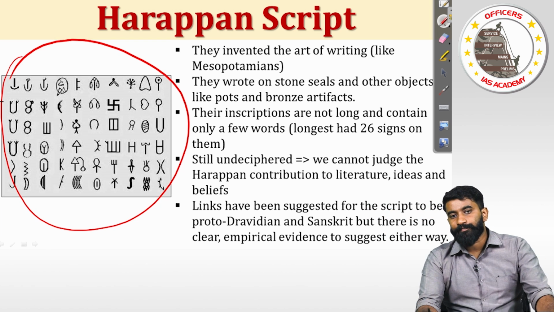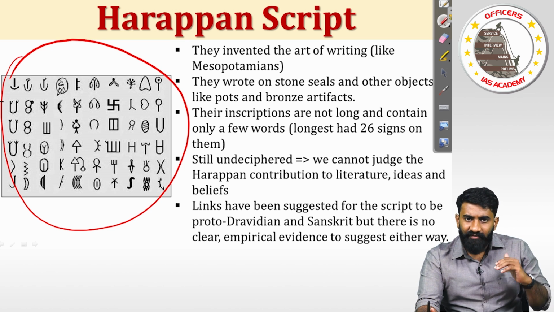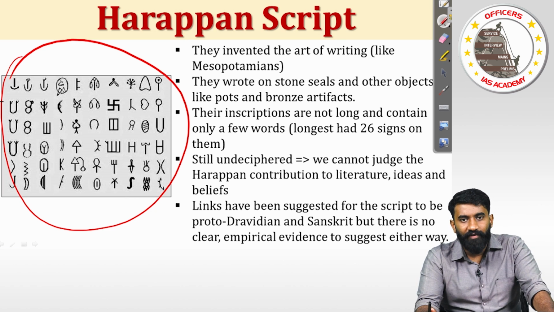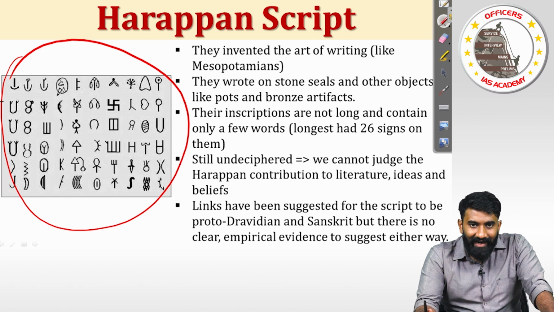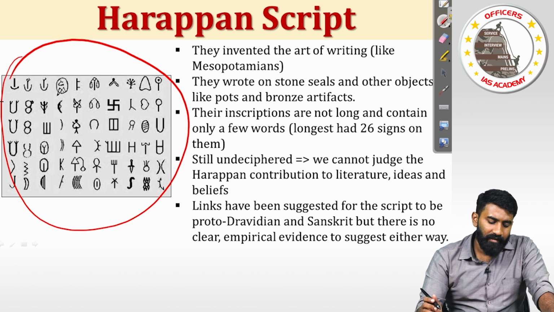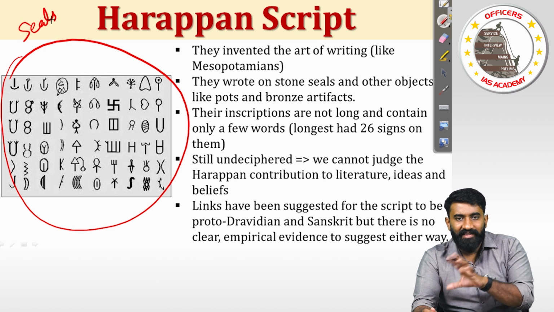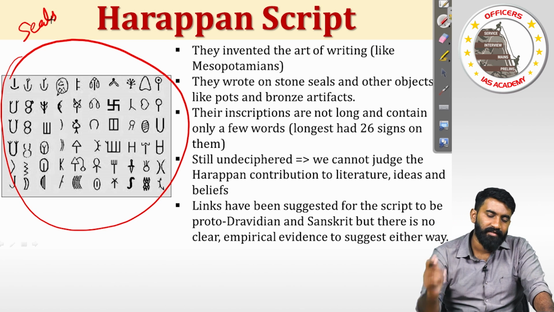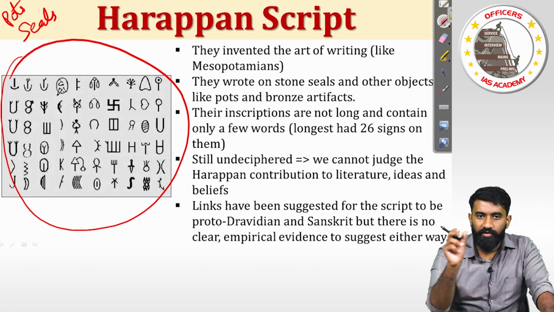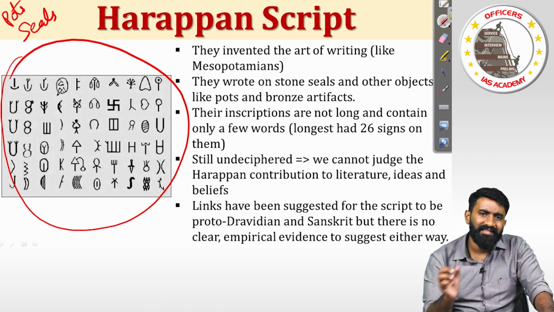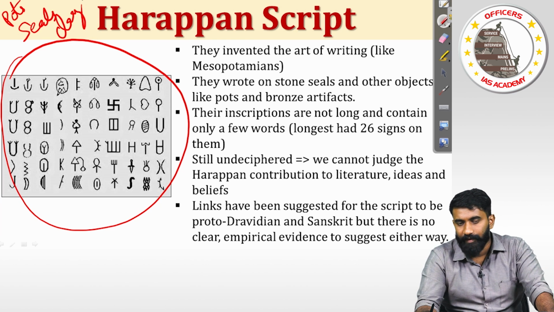So this Indus script, what does it mean and what do we know about the script? What we have assumed, what we should not assume, that is what we will talk about now. First of all, where is the script found? We find this script primarily in the Harappan seals. In many of those seals it is written. We also find the script on pots. Certain pots also have the script. And some clay tablets, there also we find this script.